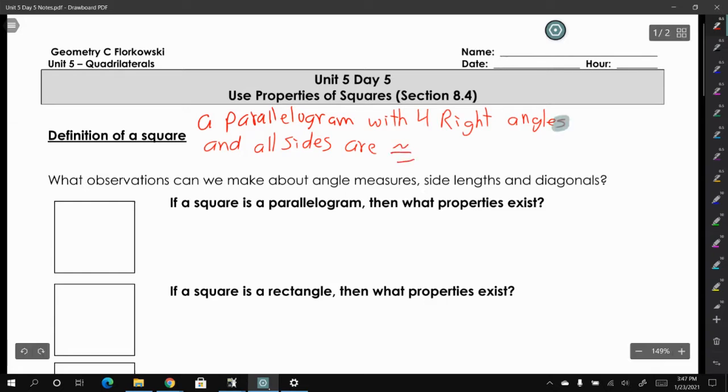Okay, so it is the intersection or a cross between a rectangle and a rhombus, because remember, rectangles